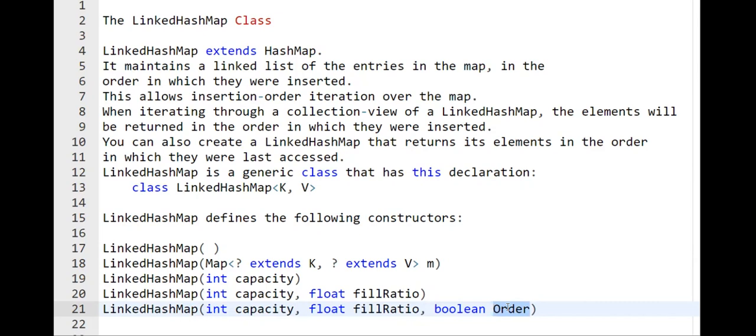This method returns a Boolean value. We can override this removeEldestEntry method to remove the oldest entry in the map. So that is the only additional method that is present in the LinkedHashMap.